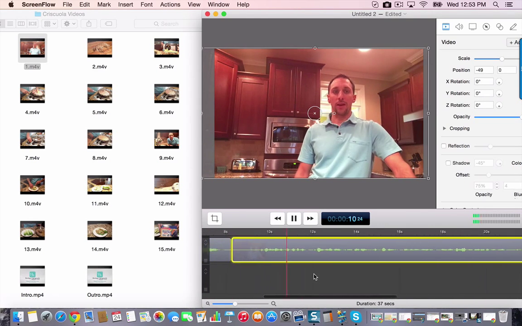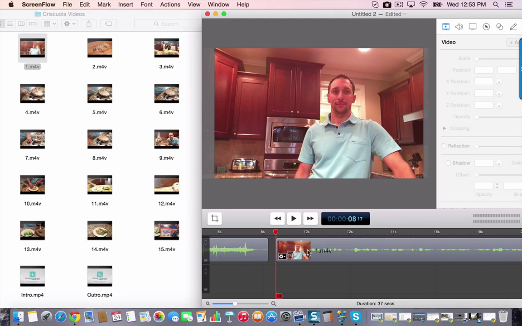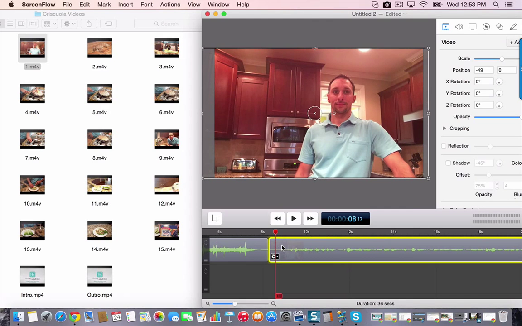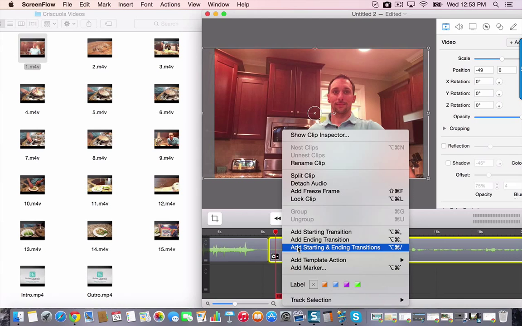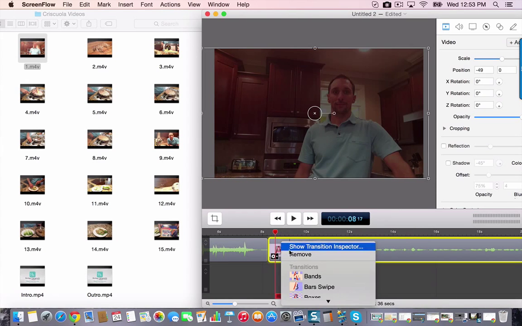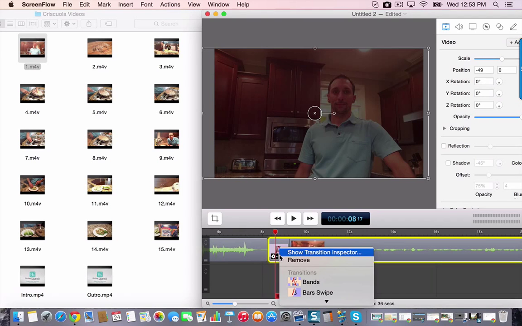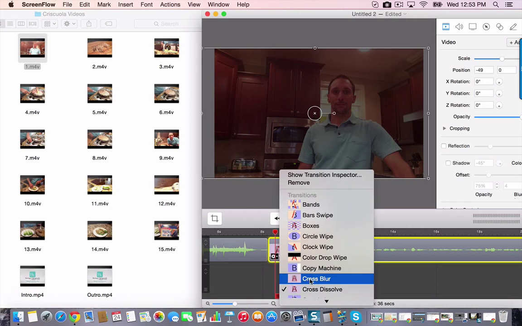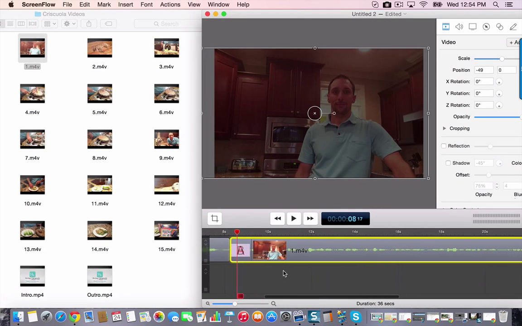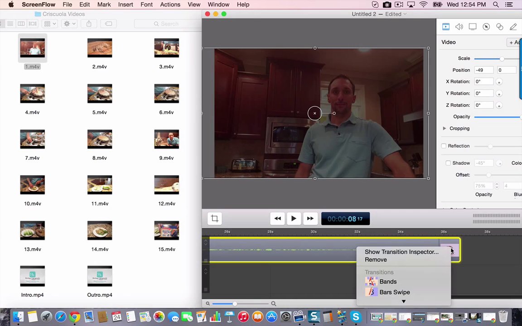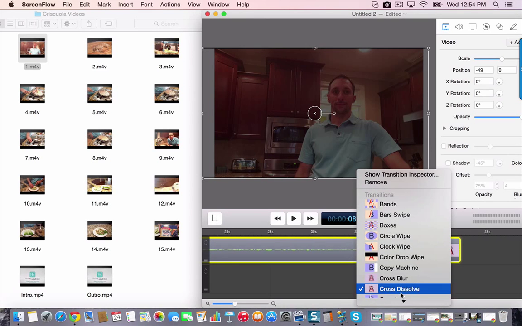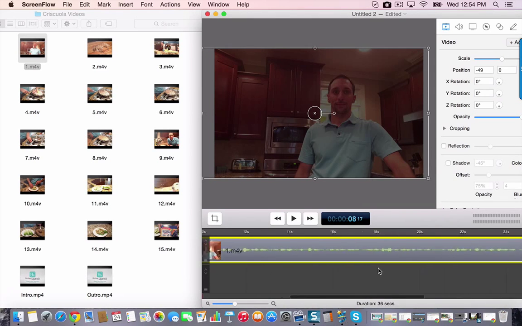So what I might want to do is actually just kind of trim off the beginning of this a little bit, since there's a little bit of a delay before he starts talking. And then what I'll do is I'll right click and I'll add a starting and ending transition. And then I'll right click where the transition section, go to cross dissolve, and add in a cross dissolve transition. And I'll come here at the end and do the exact same thing, right click and add the cross dissolve. So if I play it,